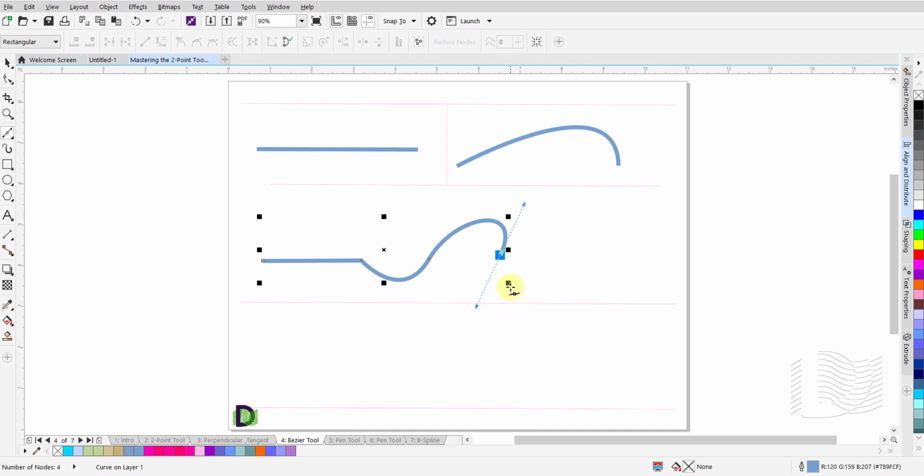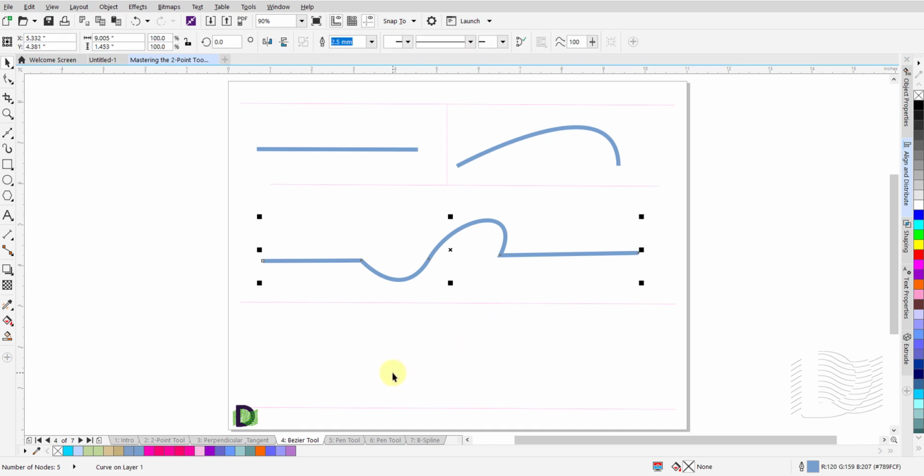If you wanted to add a straight line segment at the end of this curved line, or any curved line, then double-click and release the left mouse button on the end point of the curved line. Move the cursor to the intended end point of this straight line segment and click once and release the left mouse button. Press the space bar to break the cursor link to this drawing.